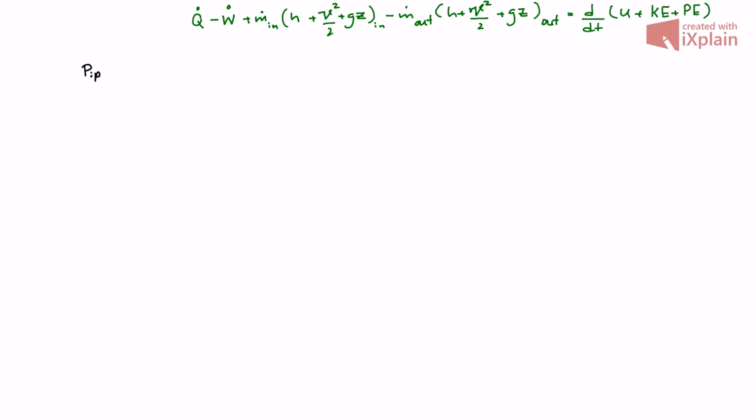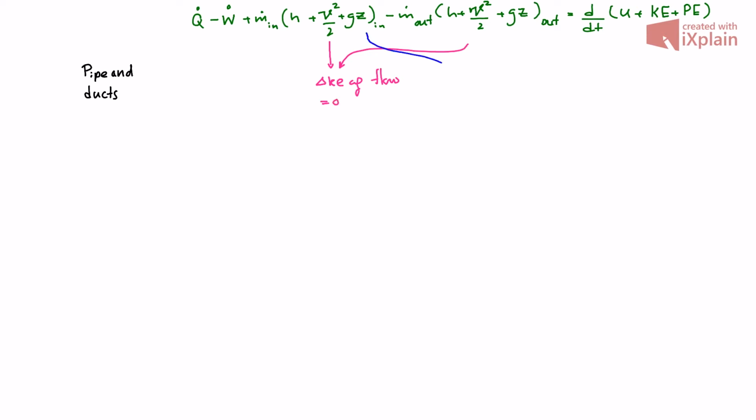Now let's consider several steady flow devices and some assumptions that we have to make when considering these steady flow devices. Let's consider pipe and duct flow as our first steady flow system. In a pipe or a duct, diameter doesn't change. So if the information about the densities is not given, we can assume that the velocity change gives a negligible